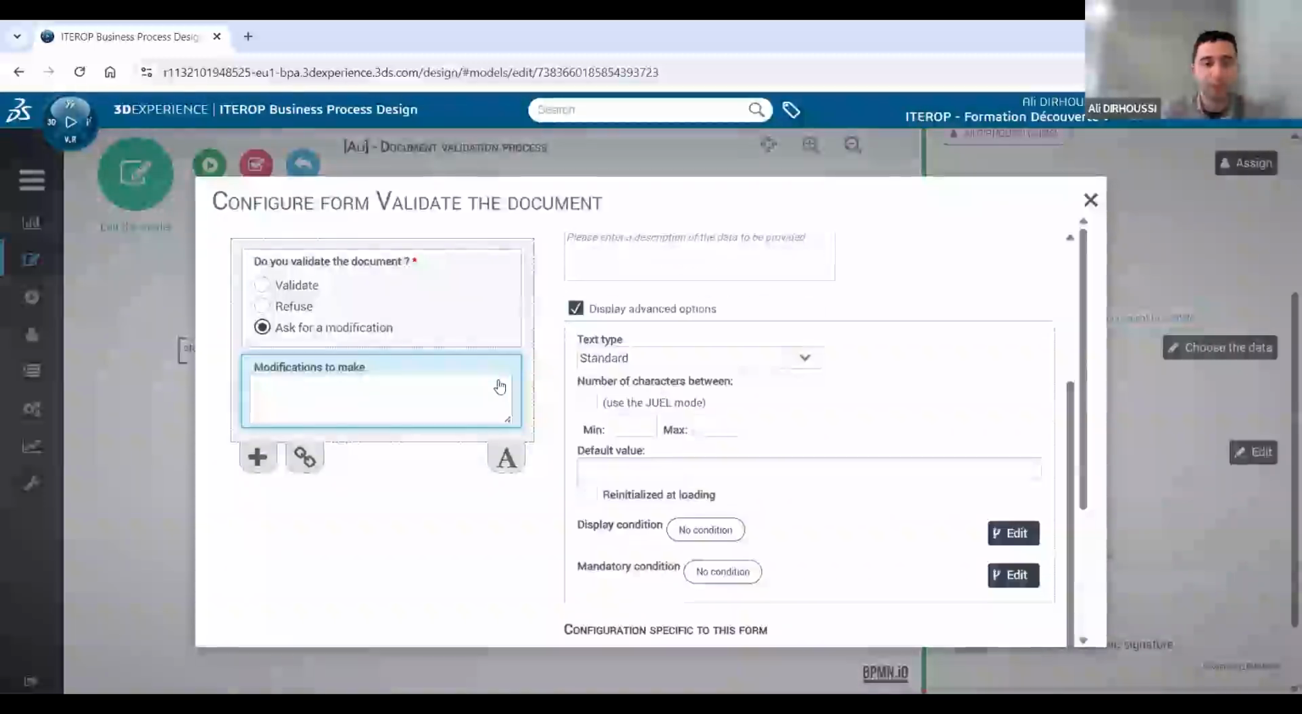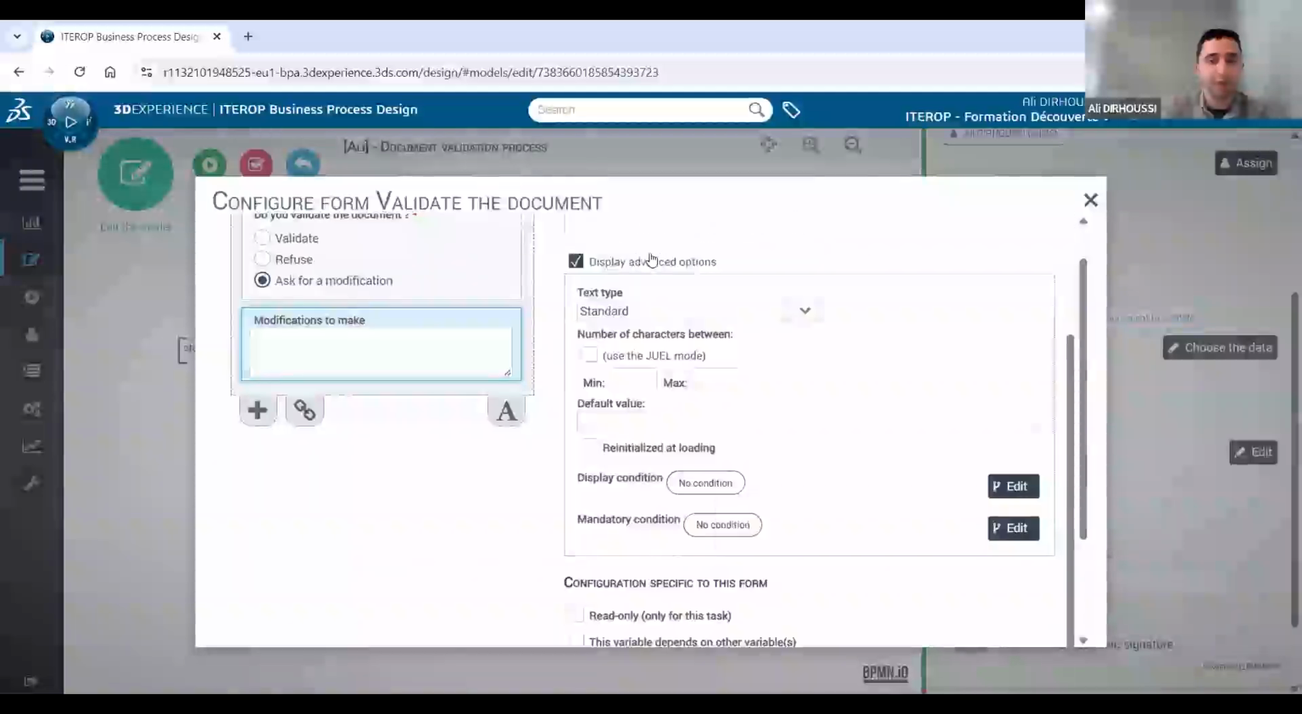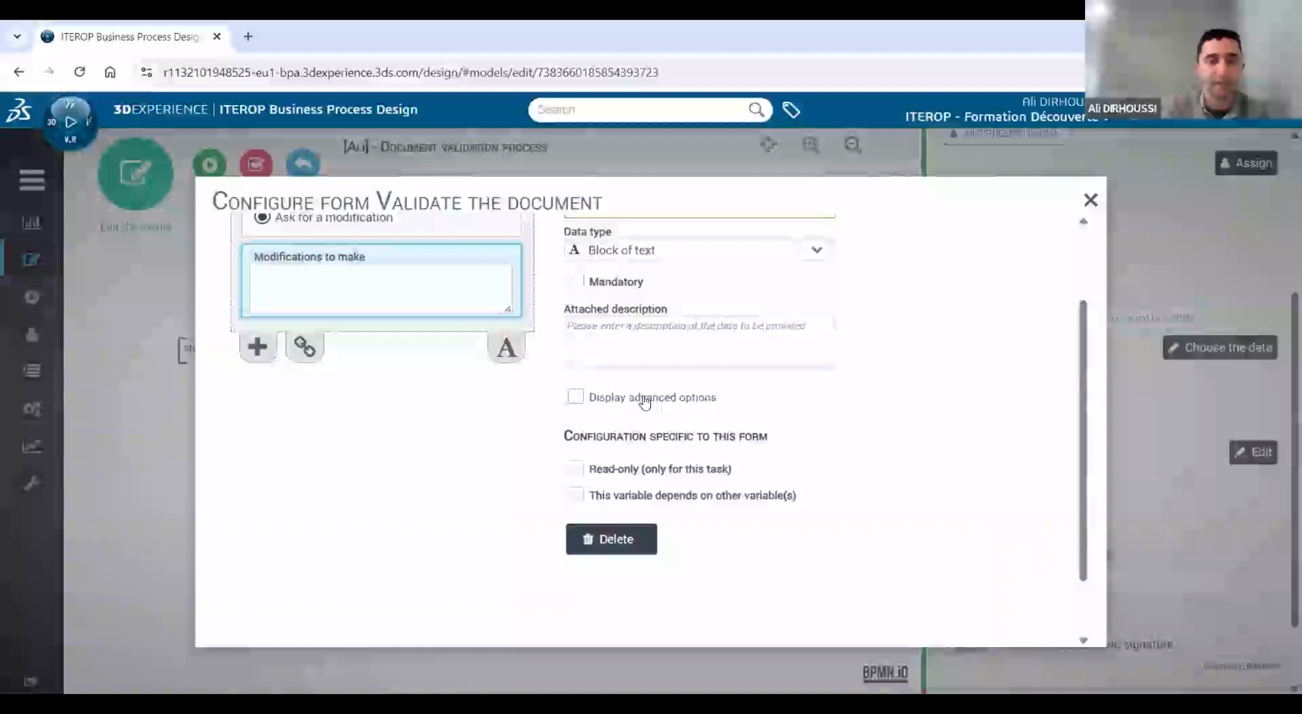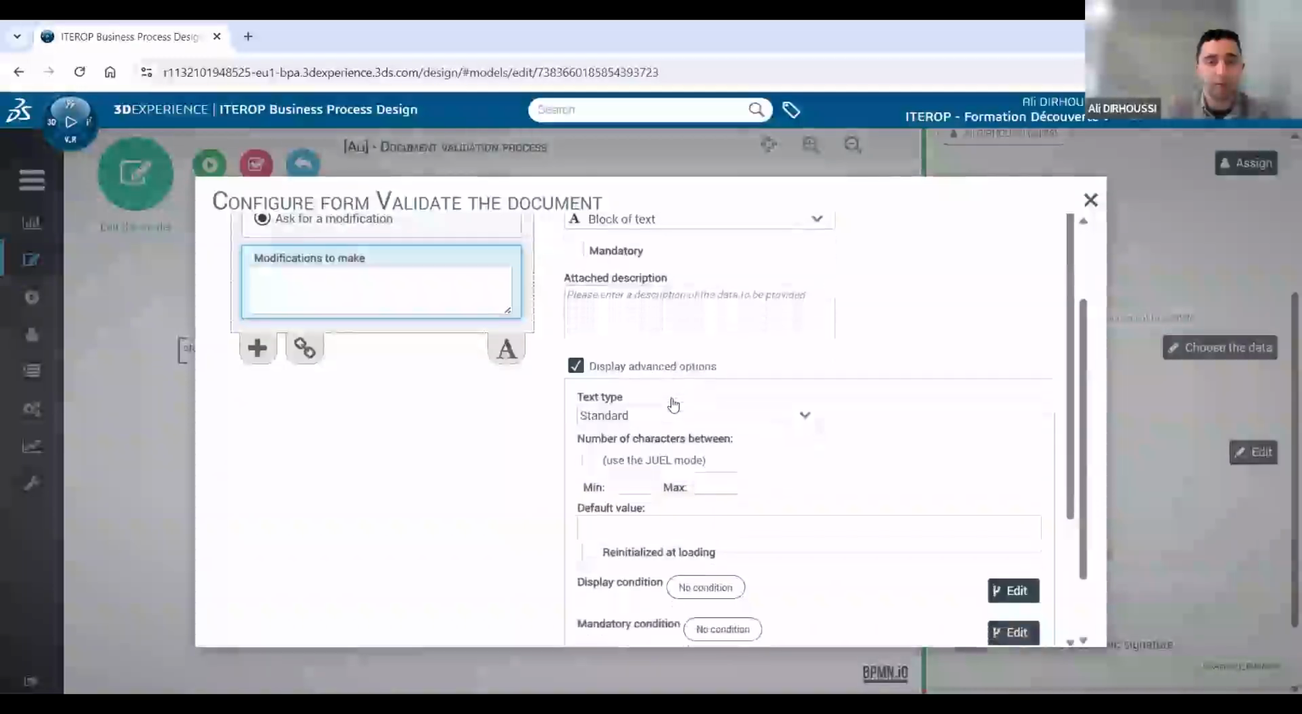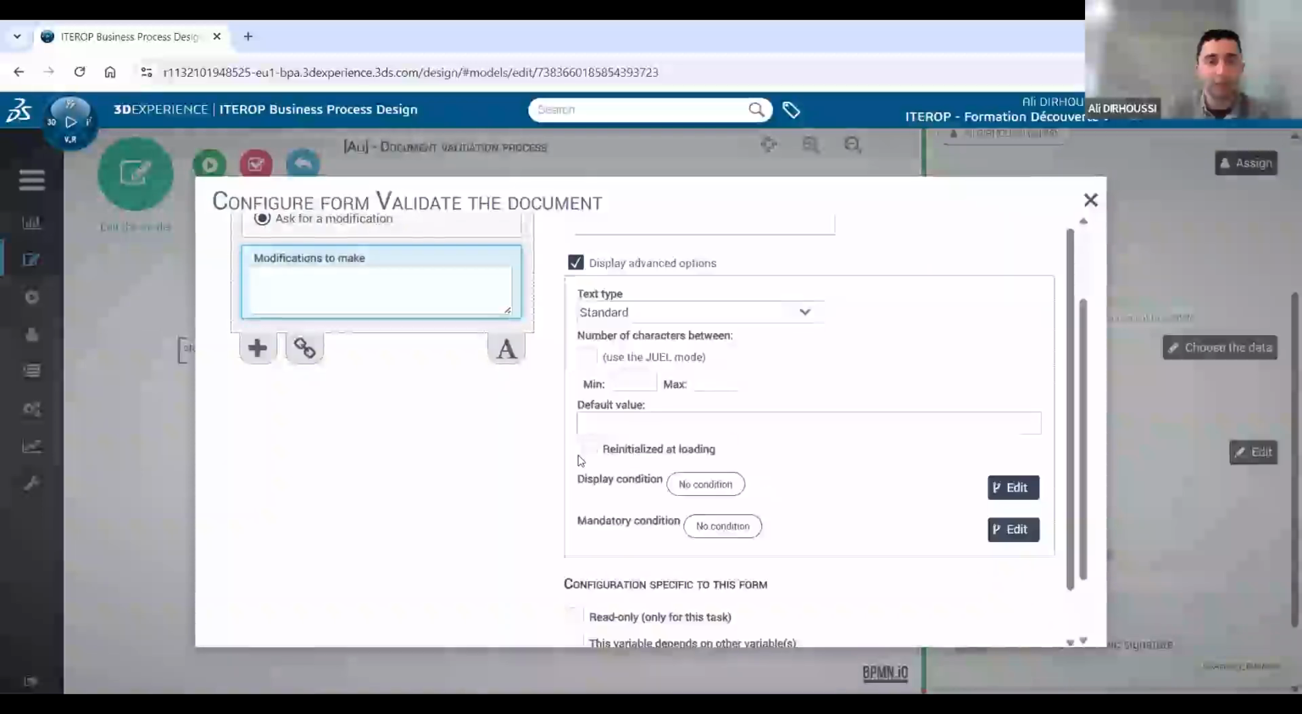Now, small improvement again. I do not want to display this field every time. It's only necessary to display this if I click on Ask for a modification. So for this, you can scroll down, go to the advanced options. Okay, I went quickly. By default, it's like this. You click on Display Advanced Options, and below, you see that you can configure a display condition. So in the display condition, we're going to go to Edit,